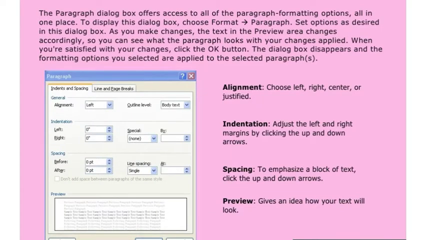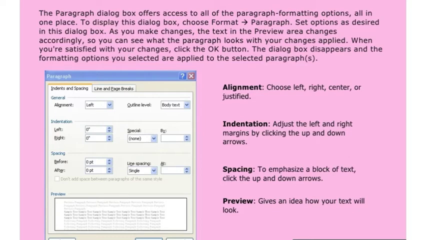Now next is using the paragraph dialog box. The paragraph dialog box offers access to all of the paragraph formatting options all in one place. To display this dialog box, first choose the format button or format option, then paragraph. Set options as desired in the dialog box.